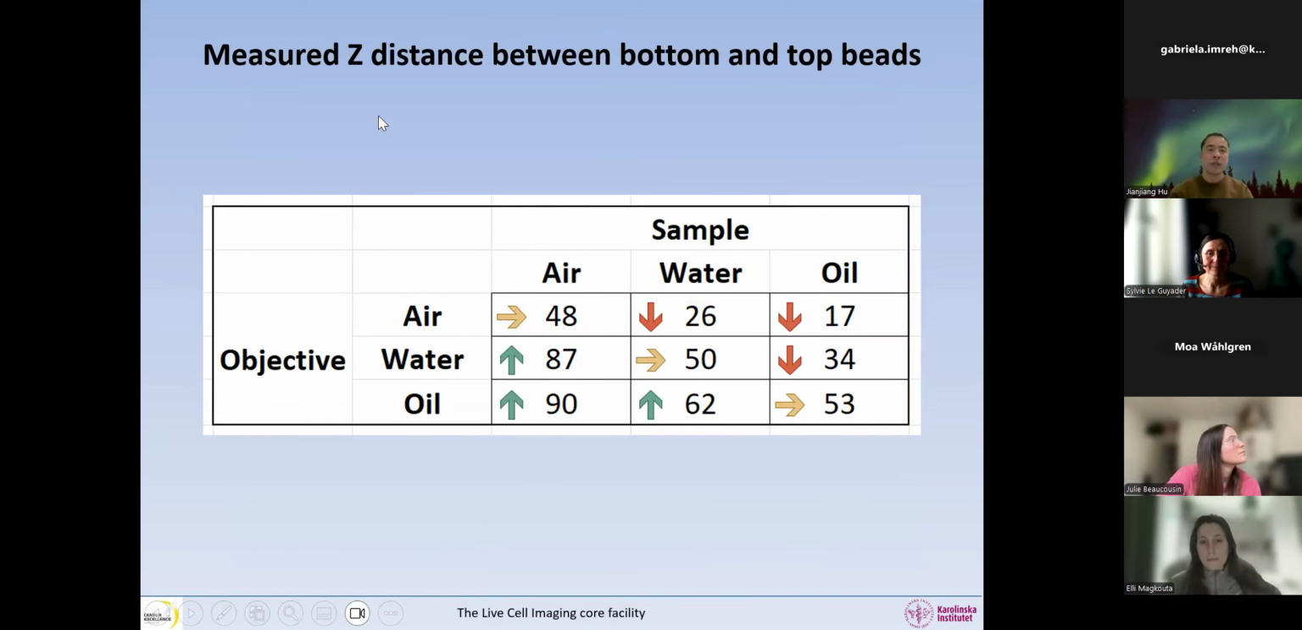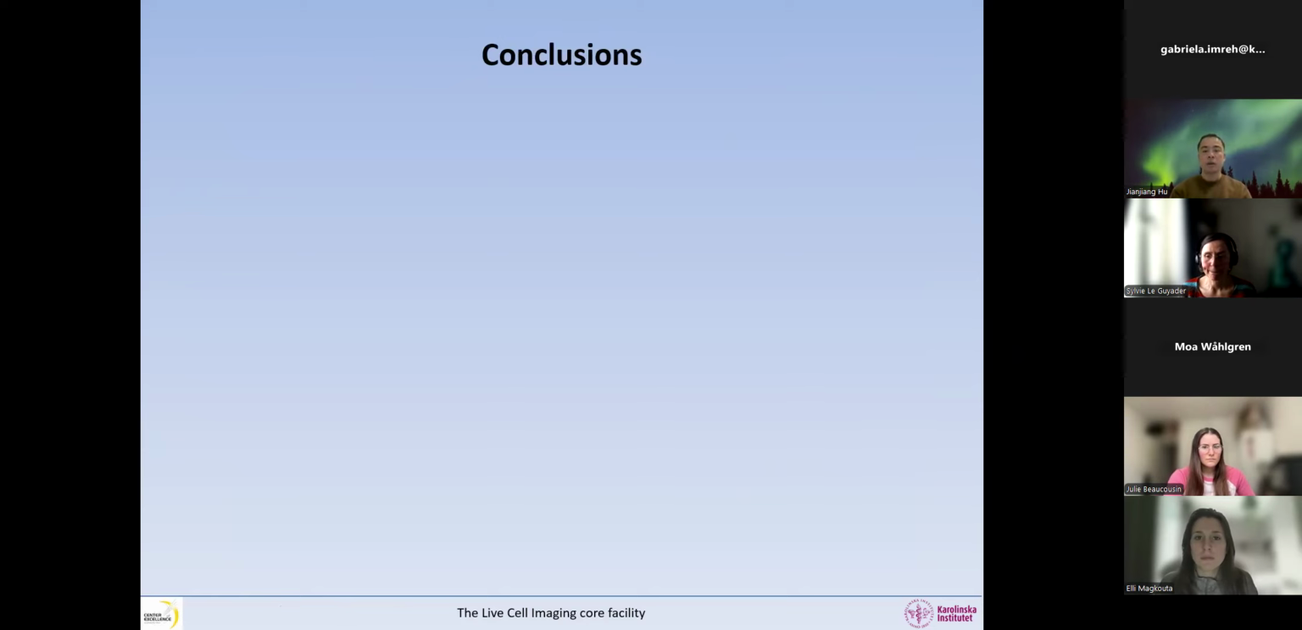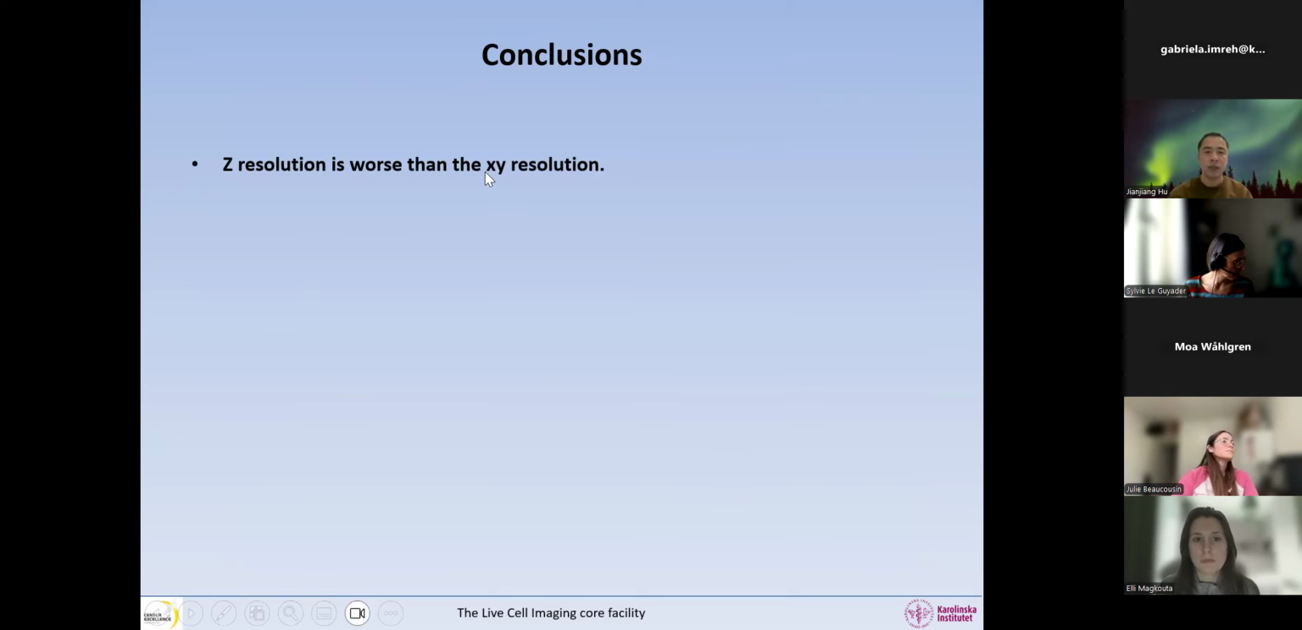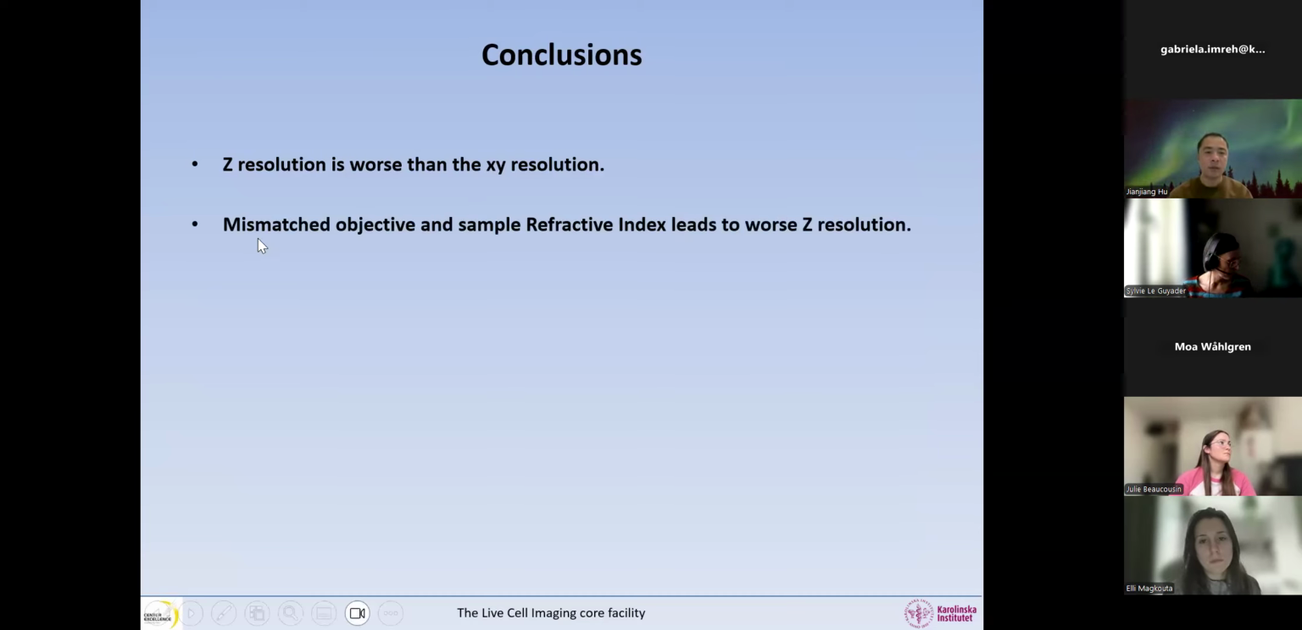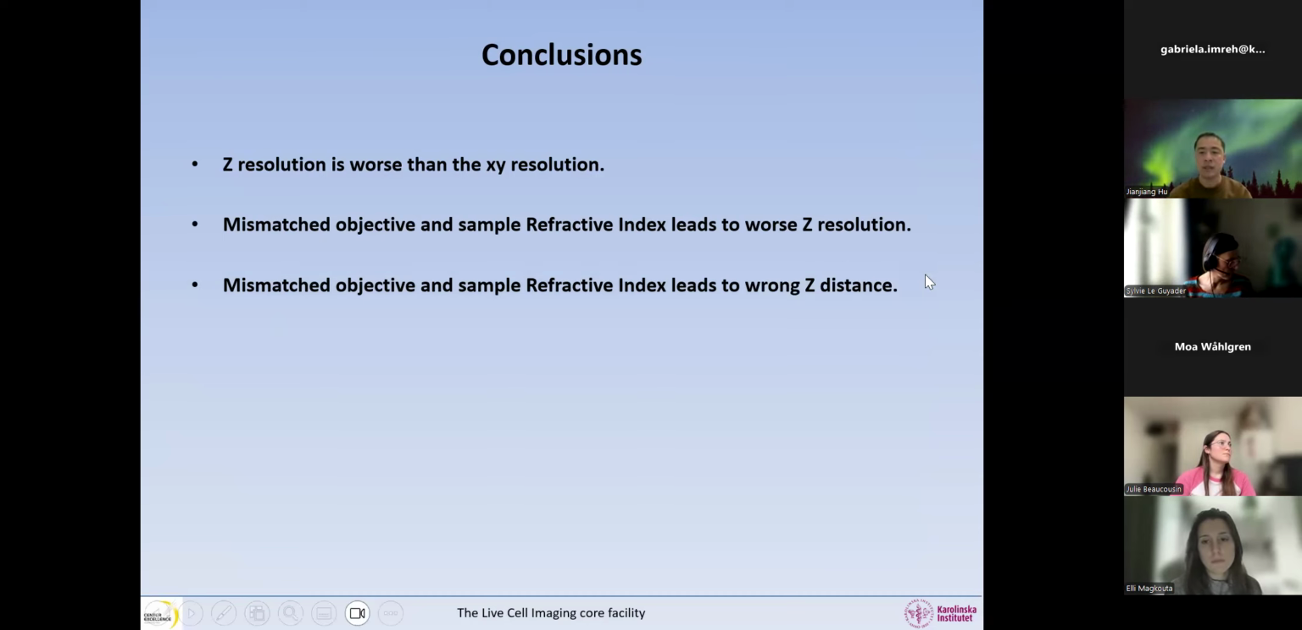And also, I want to remind you that not only the resolution, but the measured Z distance between the bottom and top beads is also altered if you have a mismatched refractive index, which Sylvia already mentioned several times. So to conclude, in summary, generally speaking, the Z resolution is worse than the XY resolution. This is something you need to remember, and so is the shape of the point spread function when we acquire the single beads. Also, mismatched objective and sample refractive index leads to worse resolution, and also leads to the wrong Z distance measurement